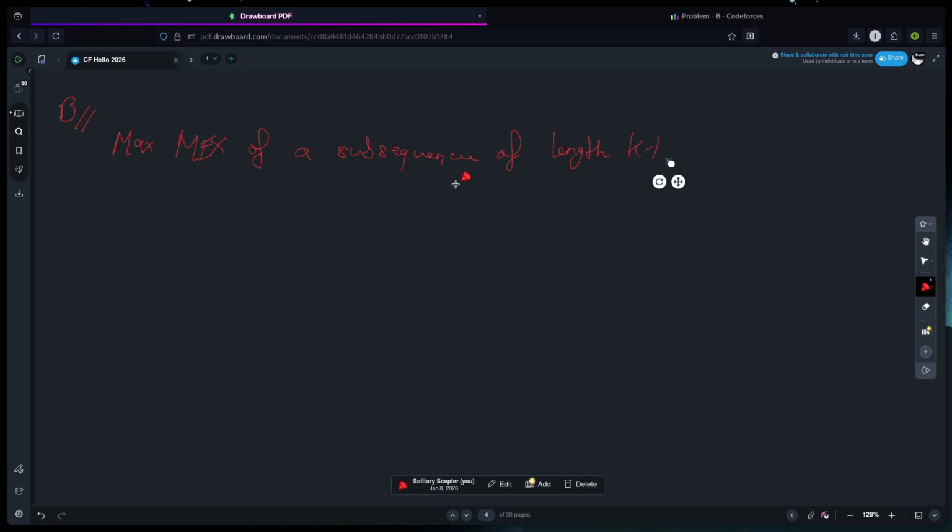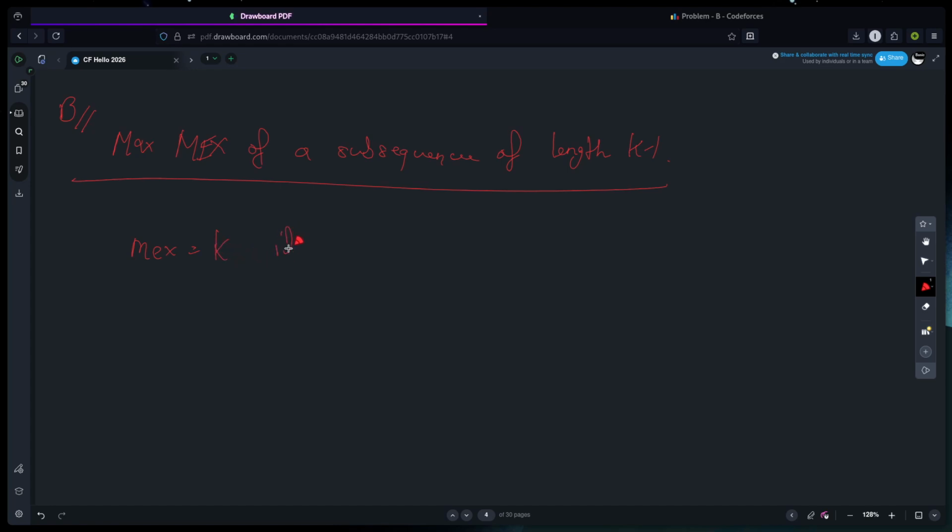First try to focus on how we can solve this question, right? So for this, basically the actual maximum value of the MEX is k